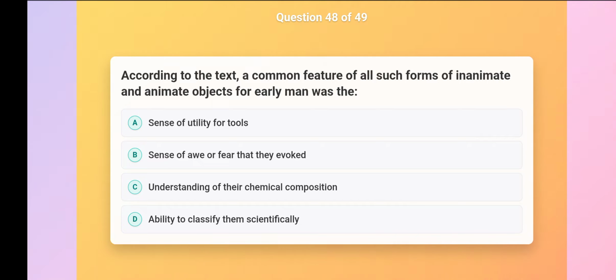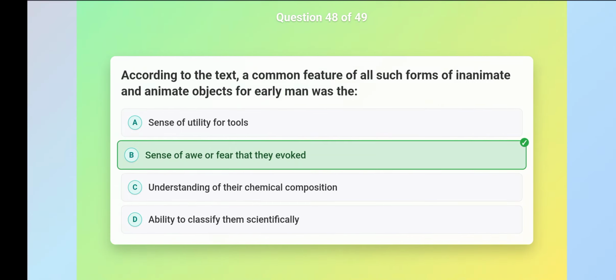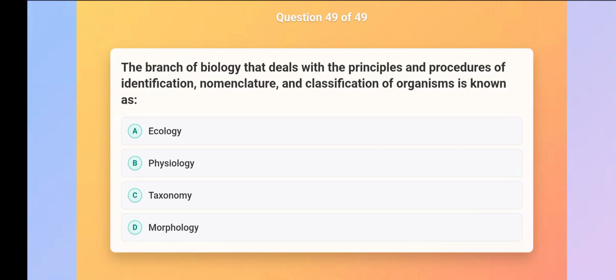According to the text, a common feature of all such forms of inanimate and animate objects for early man was the sense of awe or fear that they evoked. The branch of biology that deals with the principles and procedures of identification, nomenclature, and classification of organisms is known as